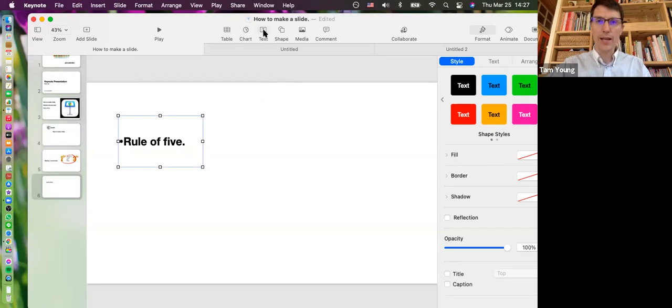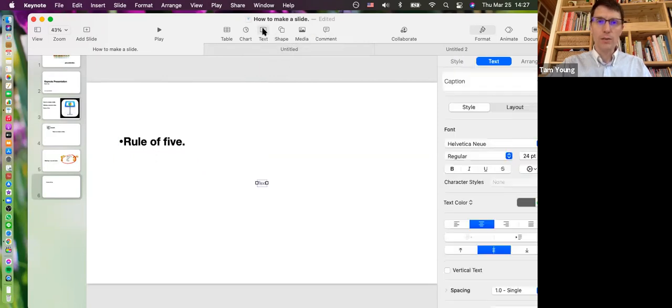So I'm going to add text, press the text button in the middle of your presentation here. And the text comes up here. Double click, and then write the text. So talking about rule of 5, the rule of 5 is no more than